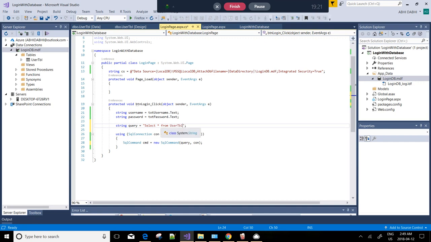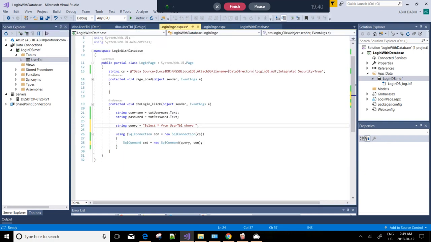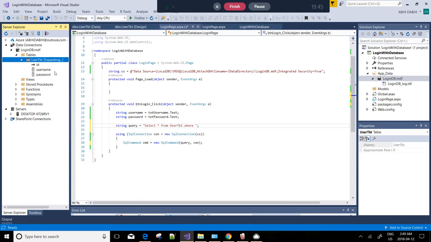Select star means select every row, every detail, every piece of information from your table. Where now we have to write the column name, so we can just tag these two, username and password, over here. We can just show here what column we have, username. So where